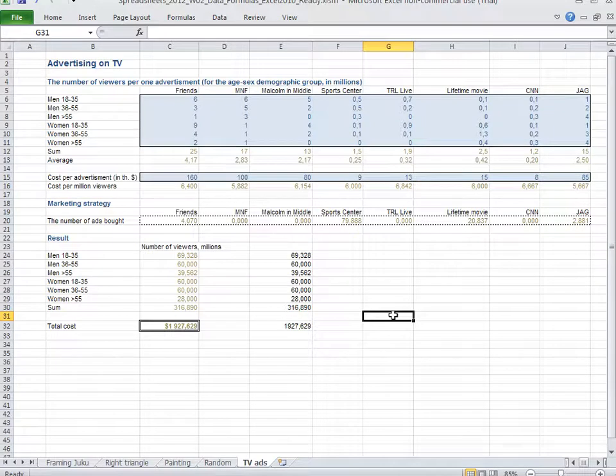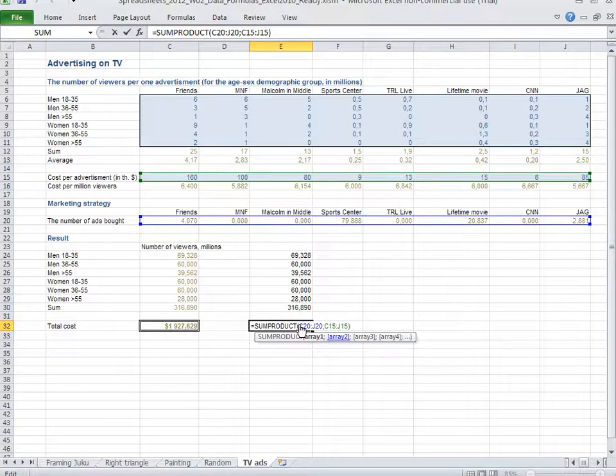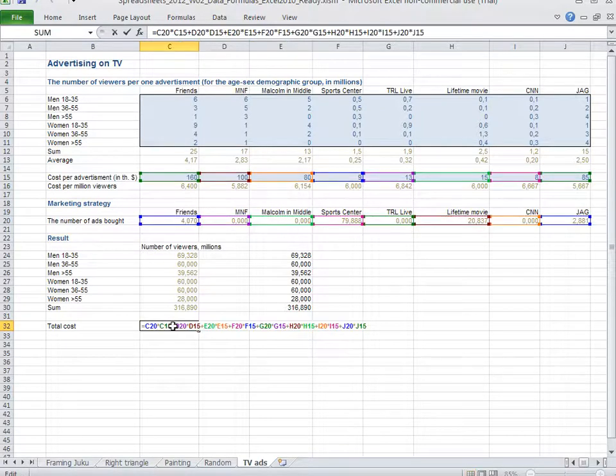Of course, what's very important here is that when we use the sum product, we can actually multiply together 1,000 cells if we want to. So the initial way we entered the formula was just for us to really grasp and understand what sum product will do. Okay. Now